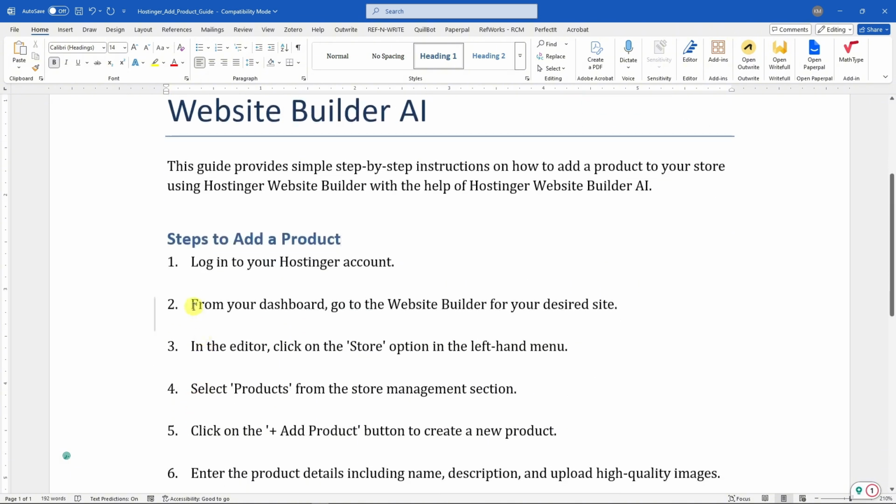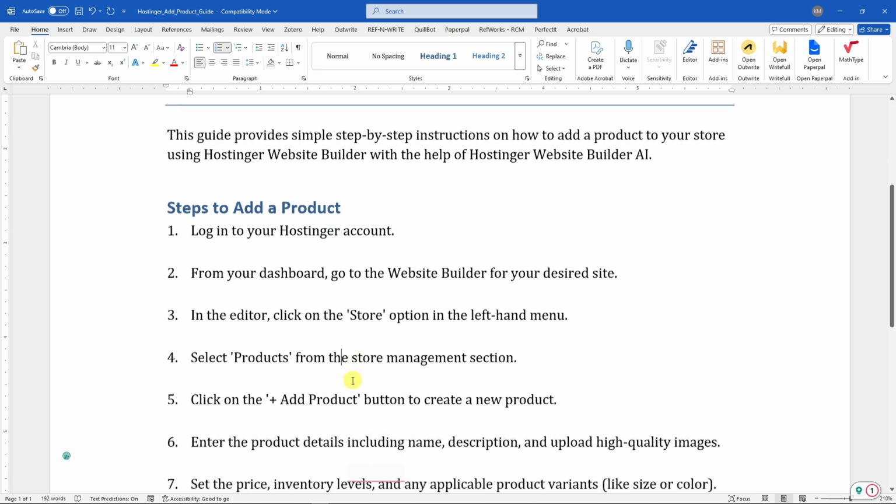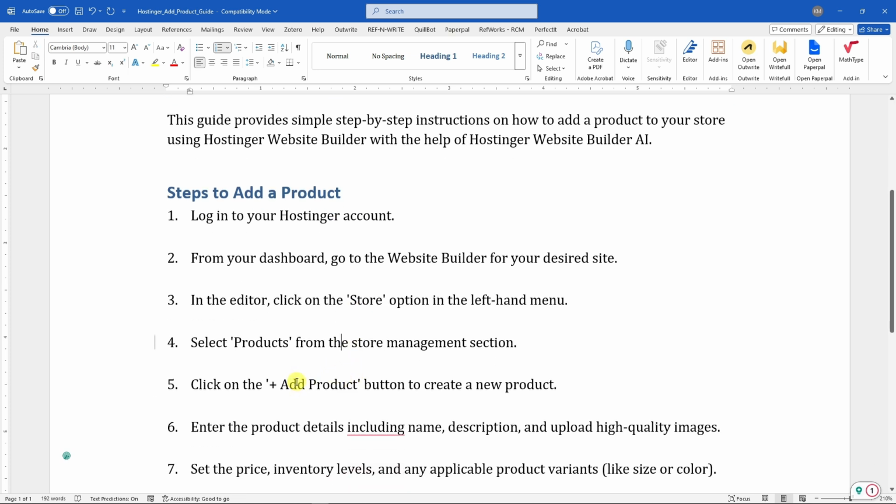Step 2, from your dashboard, go to the website builder for your desired site. So choose a desired website you need to build or edit in your website builder. In Editor, click on the Store options upper in the left-hand menu. Again, it should be on the left-hand menu. Select Products from the Store Manage sections, and click on the plus icon or plus add product button to create